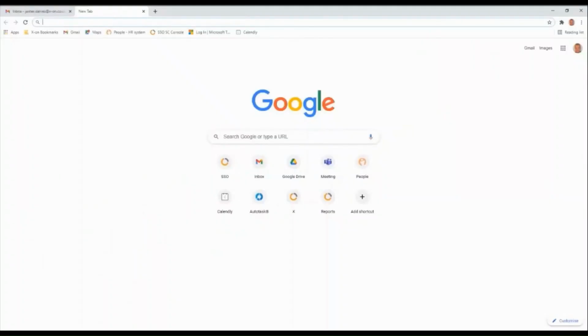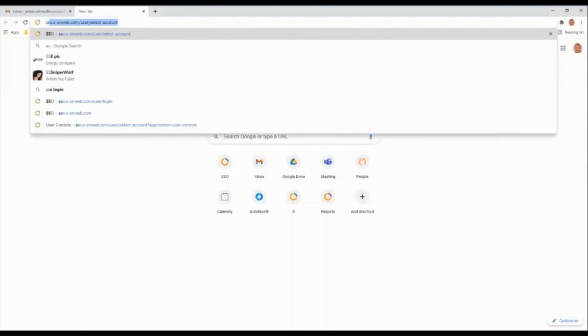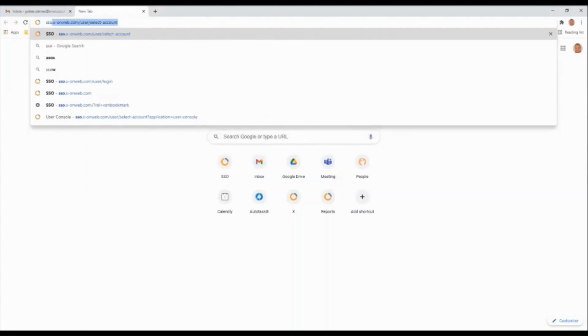To log into the user console, you'll need to log into our single sign-on window. To do that, open up a new browser window, and Surgery Connect is compatible with everything except Internet Explorer. So I have a new Google page open here. I'm going to click into the address bar up at the top. If I then start typing in our single sign-on, it's